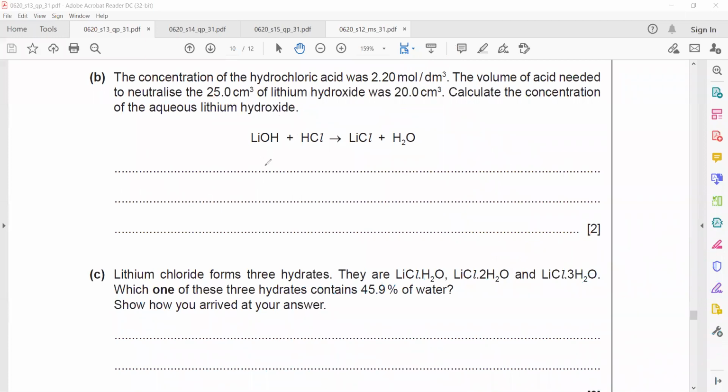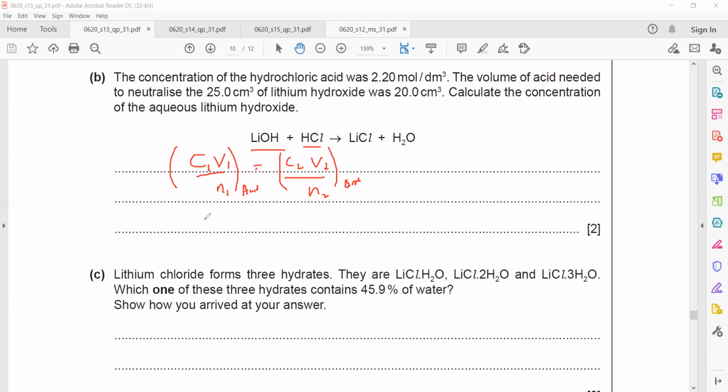But there is a short formula for this, whenever there's an acid base reaction, and this formula does not require any unit conversion. The formula is C1 V1 over N1 equals C2 V2 over N2. In this formula, there is no need to convert any unit because it uses ratios. What is C1? C1 is one side, for acid, and the other side is for base or alkali. So C1 V1 over N1 equals C2 V2 over N2.